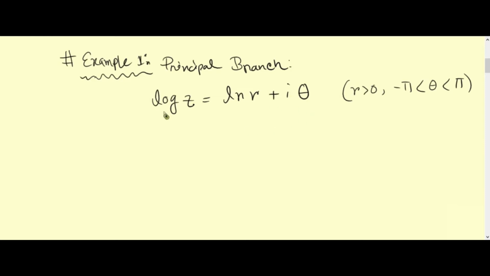So keeping out this p is more of a general notation. So the way to recognize that this is indeed the principal branch is to look over here. So you should always look over these conditions after you are given the functions to determine what to do with that function. So we're going to use this principal branch to show that